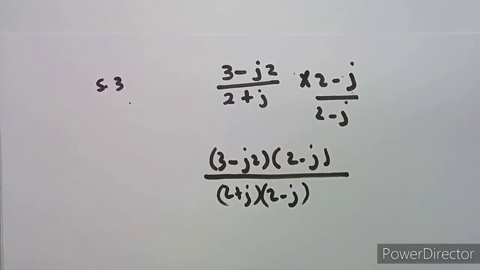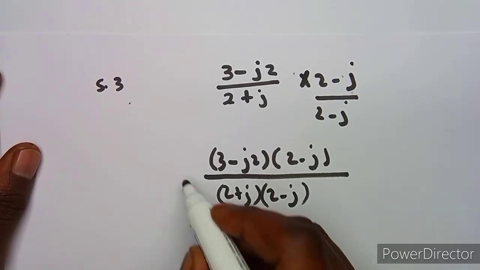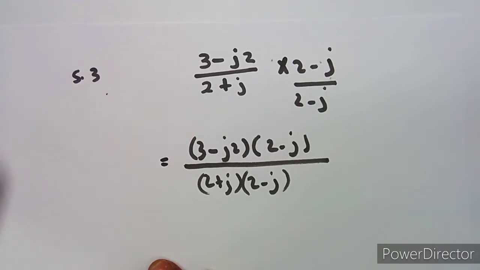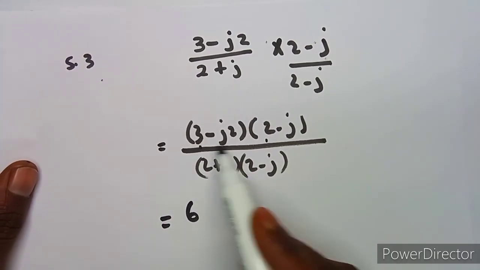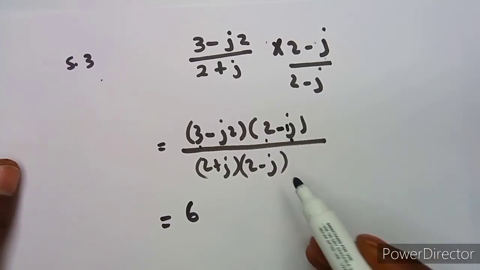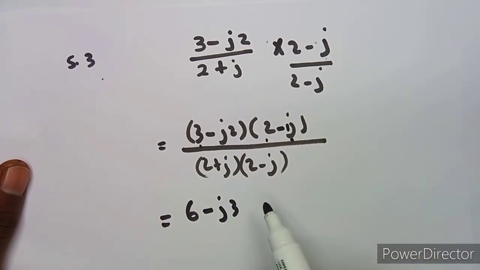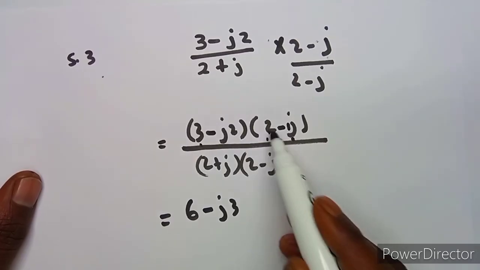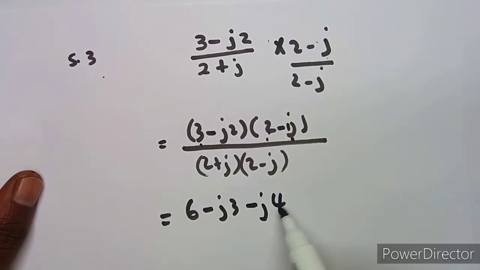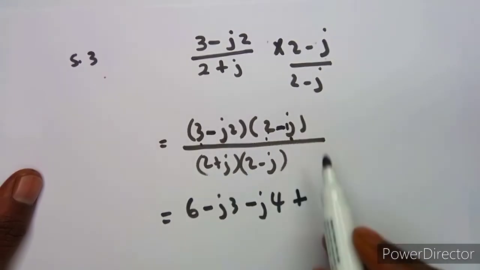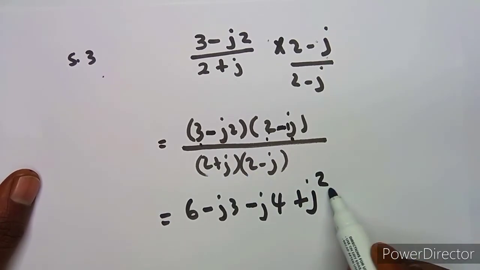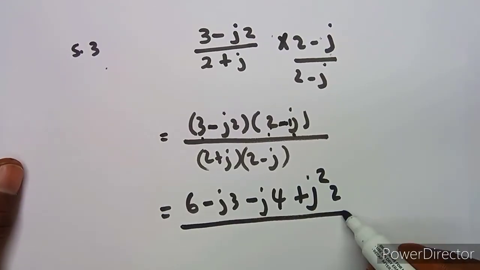So you've got to expand brackets and so on. Collect like terms wherever possible. Simplify further. That's complex numbers for you, guys. So it's 3 and 2, which is 6. 3 and minus, this is the same as minus 1j, so it's going to be minus j3, then minus j2 times 2, which is going to be minus j4. Okay, so this is minus and minus, which is going to be a plus. So j times j, which is j squared, 2 times 1, which is 2 actually, everything over